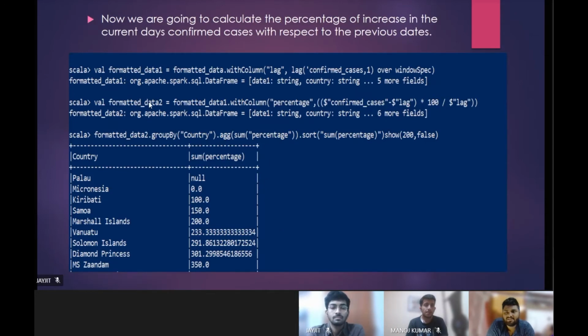As you can see here, we are seeing a cumulative percentage of our data, and we are sorting according to that. We have to keep in mind that not all the countries have the same date for the first case. Different countries have different dates for the first case of COVID-19. For some it was earlier, for some it was some days after. So here we are seeing 0 and here 233 for the same reason.